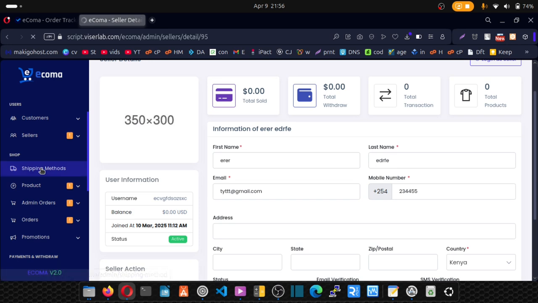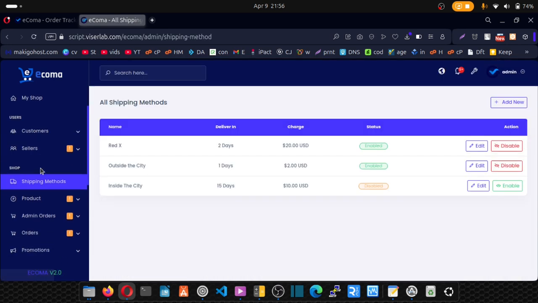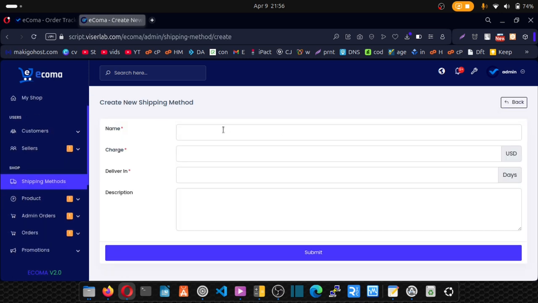Let's go to shipping methods. So I click on shipping methods, and you'll be setting up shipping methods for your users. You click on add new, enter your shipping method name, how much this shipping method costs, deliver in how many days, and then description, and click on submit. All right, so let's go back